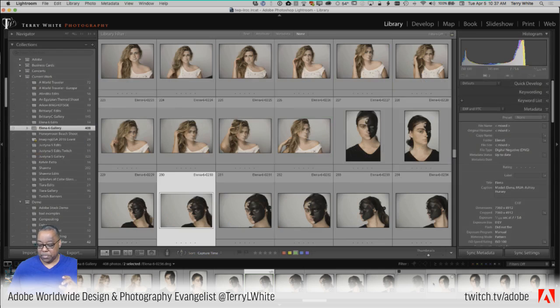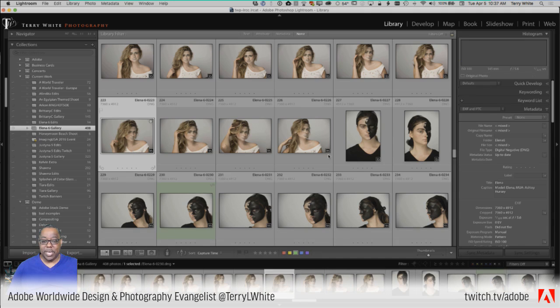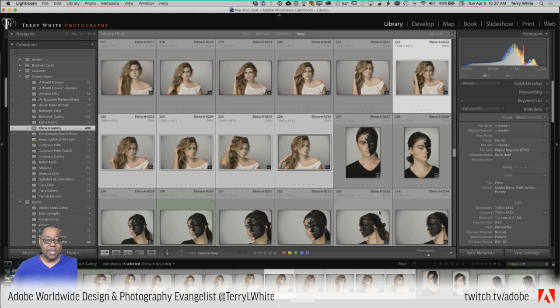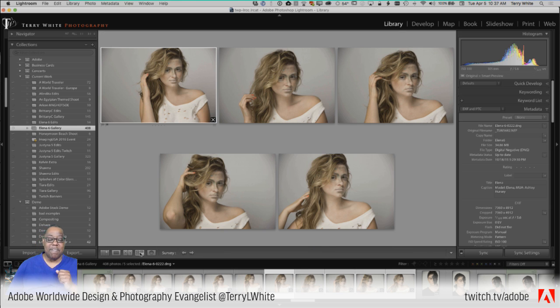When you want to look at more than two at a time, that's when you use survey. So for example, let's say I'm trying to decide which is the best one between these 5. So I just shift select those 5 photos, and just looking at them in the small thumbnails, I can't decide. And when I zoom up to full screen and I go one by one, I kind of forget what the first one looked like. So I want to see them all together. That's what survey is for. So instead of comparing 2 at a time, I can click survey and look at all 5 at one time.